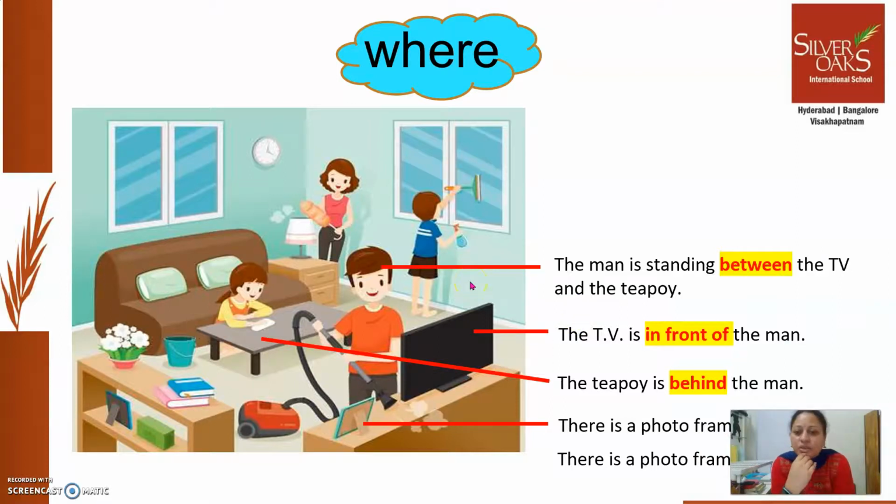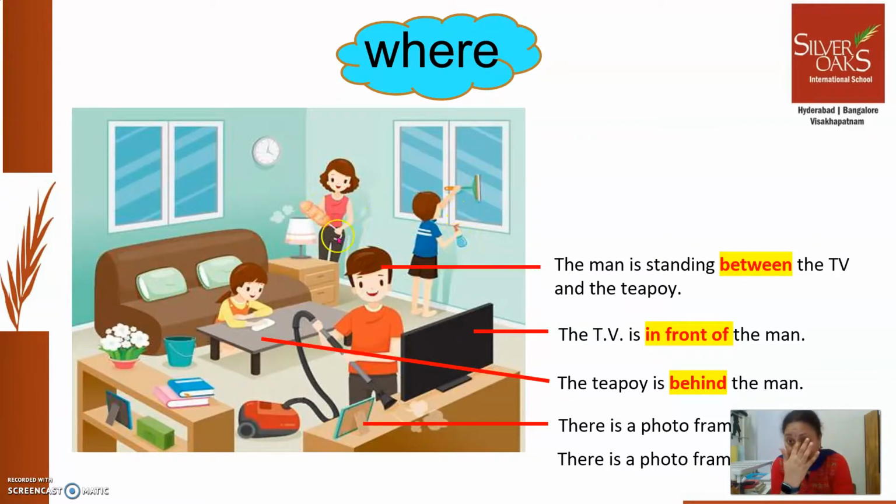And you can also say, there is a small plant in a small pot. In. You can say that also. And there is a small side table next to the sofa. Do you see? There is a small table, side table, next to the sofa. Or you can also say there is a small table beside the sofa. And the lady is standing beside the table, or the lady is standing next to the table.